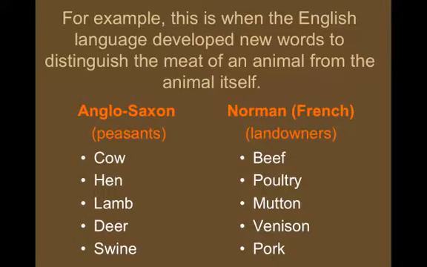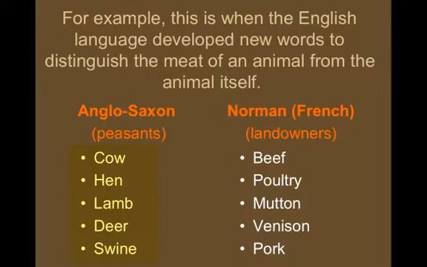So we gained these new words, and you could say we basically had synonyms for the same thing. Like now, instead of just saying cow, I have this word beef. But there's also a different connotation here. All of these words in the right column are usually the words we use when we talk about eating the meat of that animal. Whereas on the left are when we're talking about the animal itself,